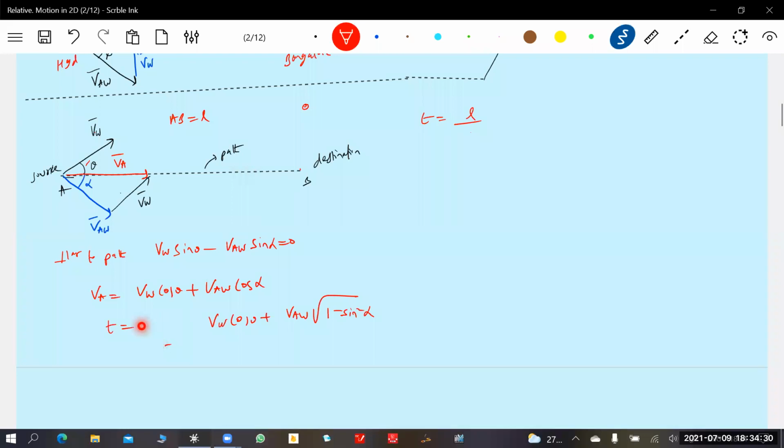This will come later on. What is sin alpha? Everything we have to substitute here. One more step. VA equals VW cos theta, sin alpha will be